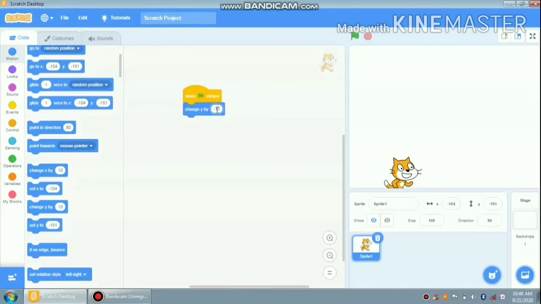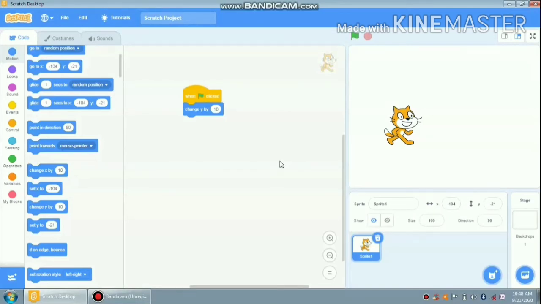If we remove the minus sign from here, it means a positive value, then our sprite will move up. So y negative is used to move downside and y positive is used to move our sprite upper side, and x negative is used to move our sprite left, and x positive is used to move our sprite right.